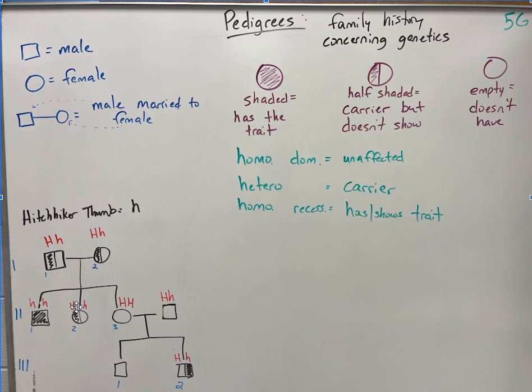Well, if I did not show you what these genotypes were, if they were blank, you would be able to figure out this one easily, I think, because it's a carrier, so it's going to be heterozygous, big H, little h. This one you should know, it's for sure going to be little h, little h, because it is not just a carrier of the gene, but it's also showing the trait. And because you know that it's a little h, the only way that it can show is if they're both little h's. If there's a dominant allele there, then the dominant trait's going to show. This one over here you might not know, and you can see it right there. I know you can see it in red, but you might not know what this one is. The way that we determine this is by looking at the